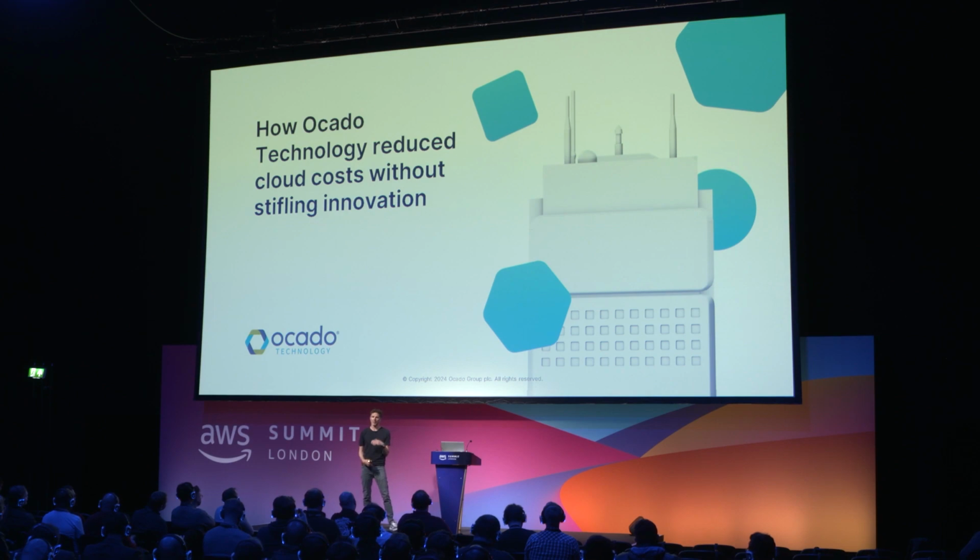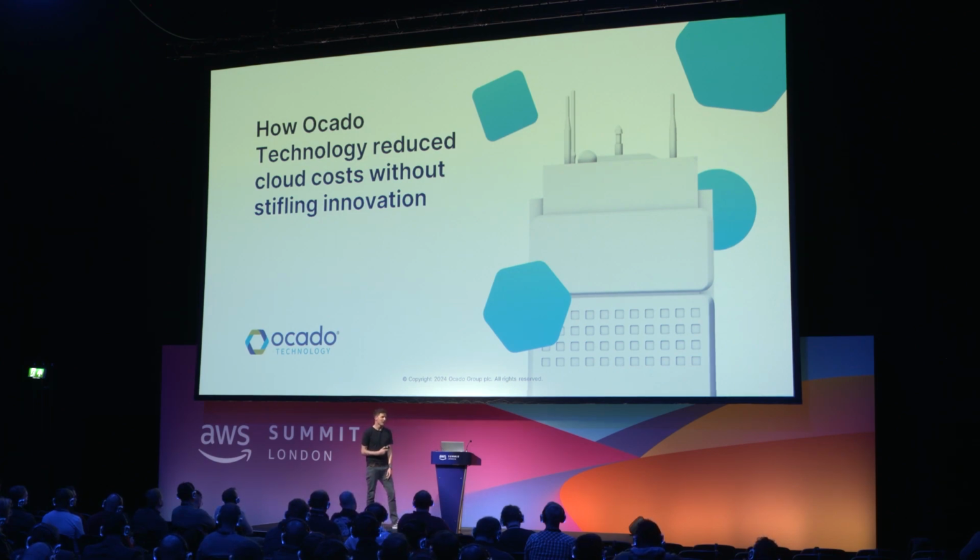Now, I'm going to talk about some of the engineering changes we made for the technical people in the audience, and they are really important and critical. But actually, I think the secret of our success is slightly more on the organizational side. So we're going to talk about how we motivated our large community of developers to actually do some of this cost reduction work without compromising on feature delivery.